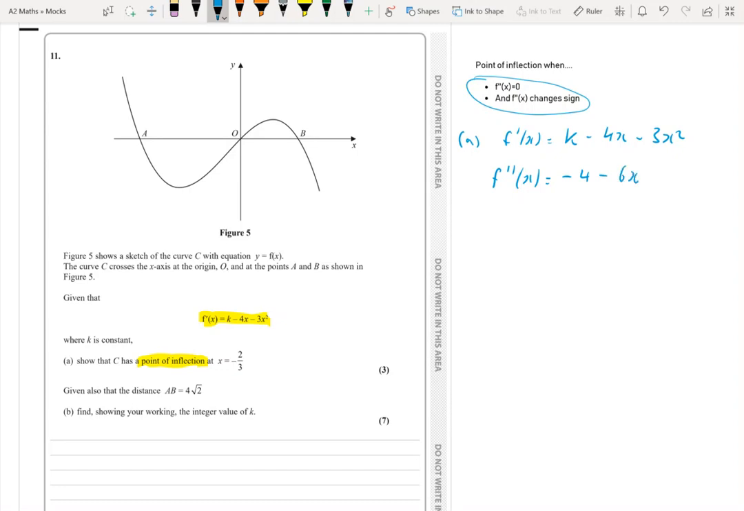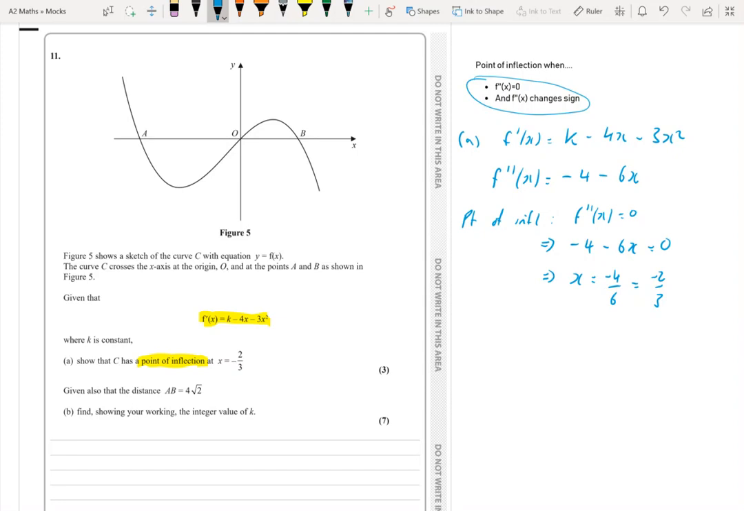So far so good. Now for a point of inflection, we need f dash dash of x equals 0. So that tells us that we want this new function we found, minus 4 minus 6x, to equal 0, which means that x is minus 4 over 6, which is minus 2/3. Which matches the question, so it's very tempting to stop there, but we must check that our second bullet point,